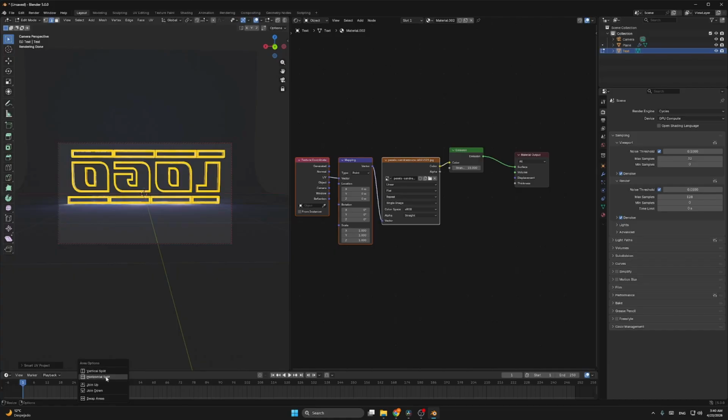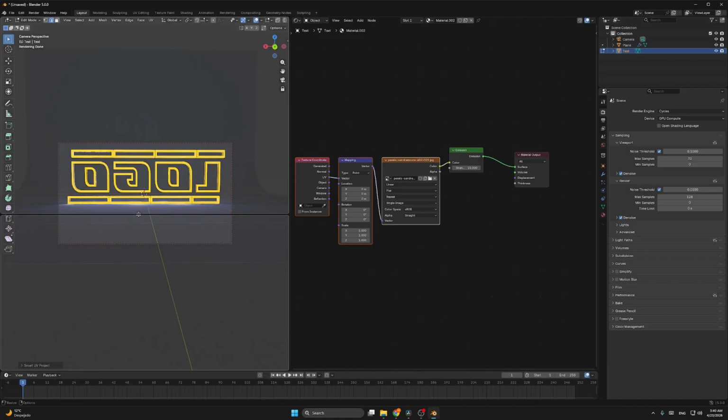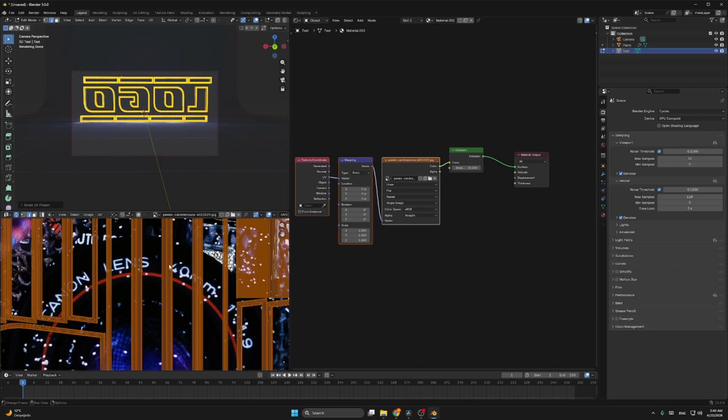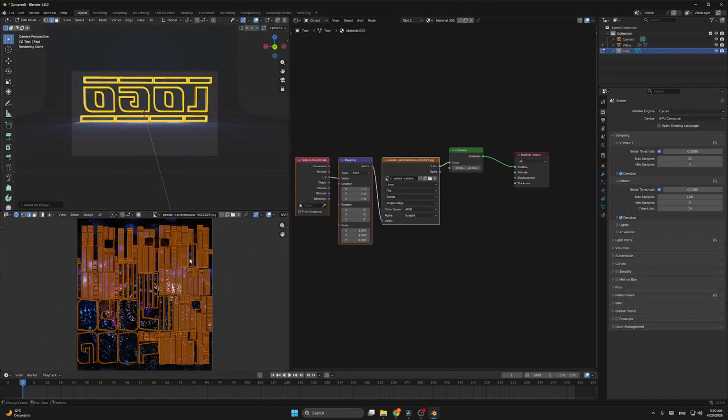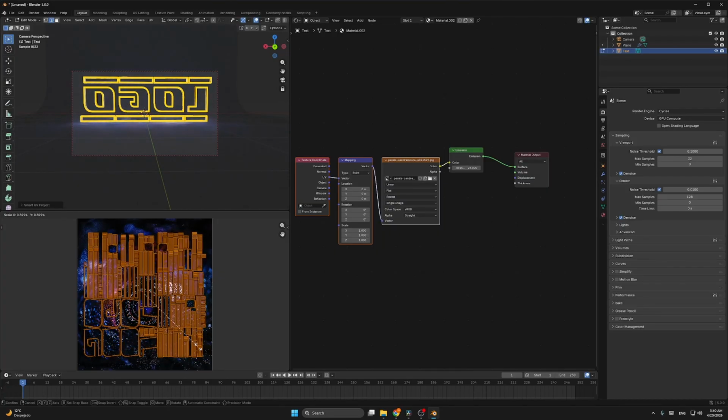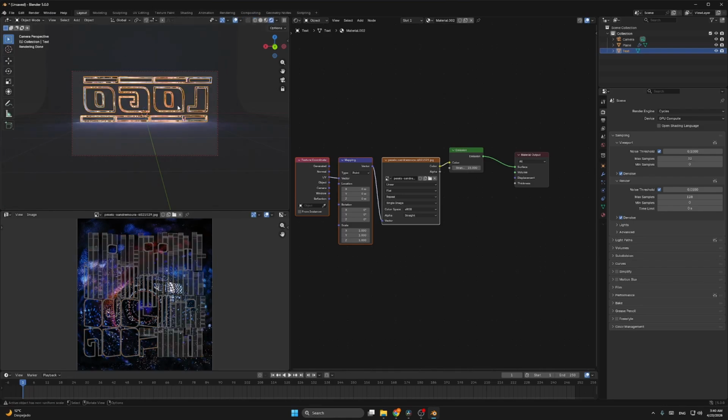Now here horizontal split and switch here to the UV editor. Now you can scale or descale the image. So hit tab and now we have